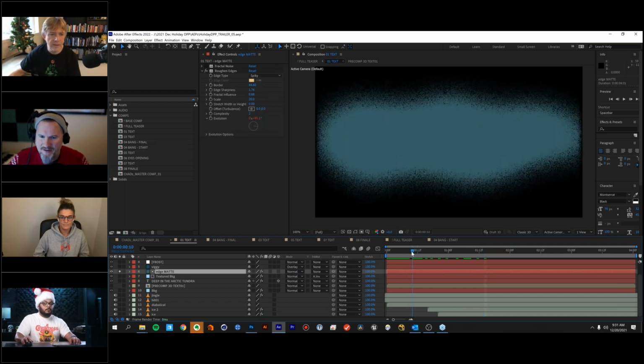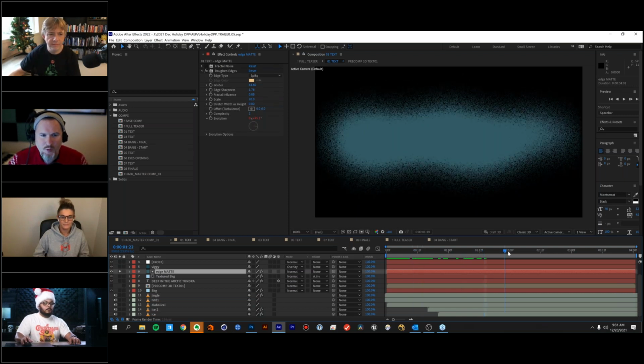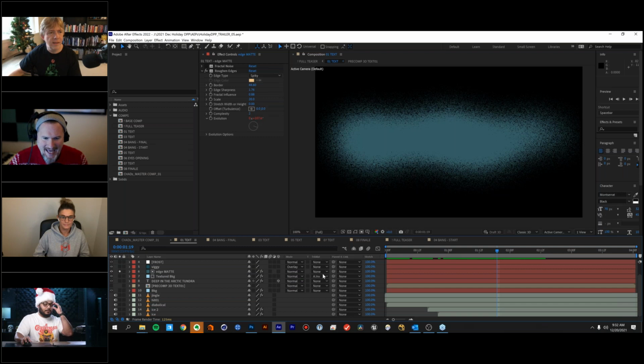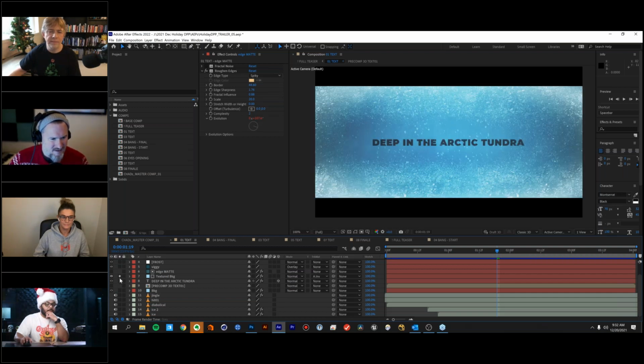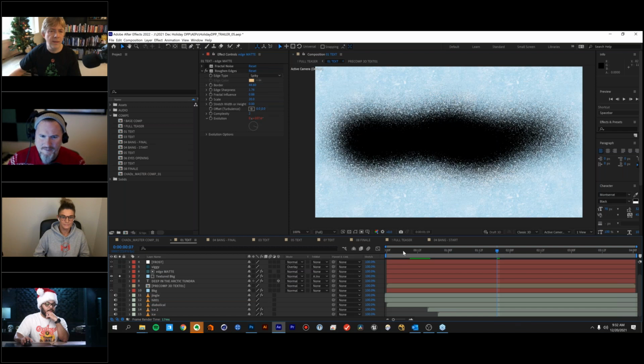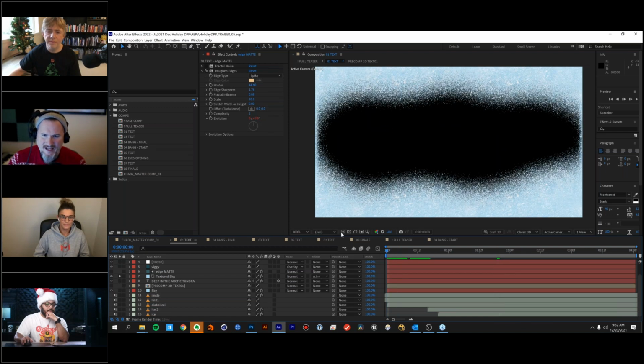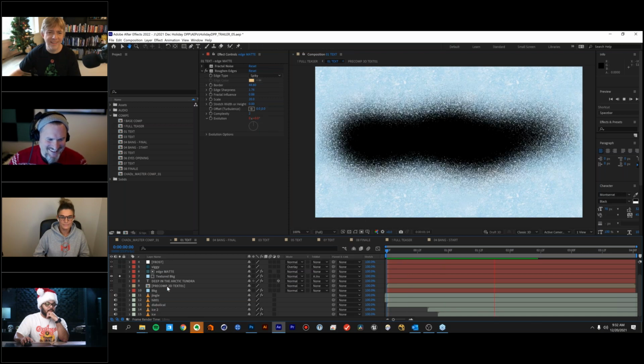It's probably second to fractal noise in effects that I use all the time. With the roughened edges, I can get these uglier edges, and it looks really terrible by itself, but I did some experimenting and playing when using it as an alpha matte for the growing of the textured background. Then let me solo just this. Because I'm using that alpha matte and I'm animating the mask, the audio is going shing, shing,